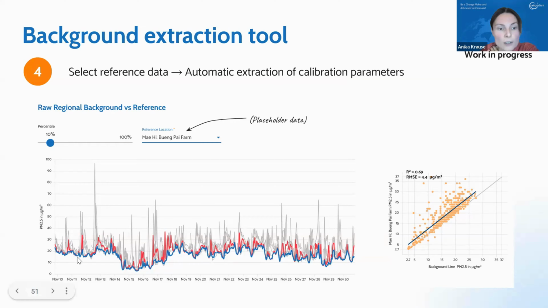So the tool then compares this extracted baseline, which is the regional pollution in Pi in your network. It compares it to the reference, which should also be measuring regional pollution. And then you can use this again to align the network to the reference. So again, you can create a scatter plot, which of course now doesn't build a perfect line anymore, since they are not perfectly measuring the exact same air, but you can see that it's still kind of a linear relationship that you can use for the calibration.